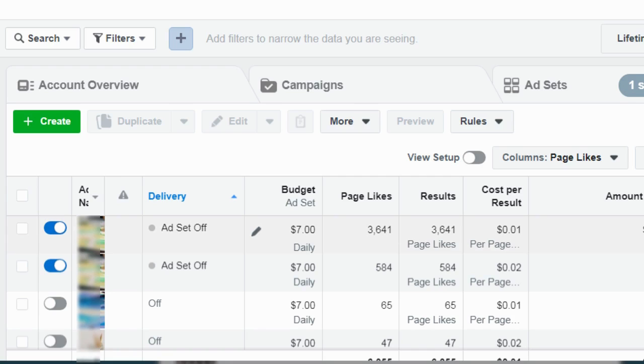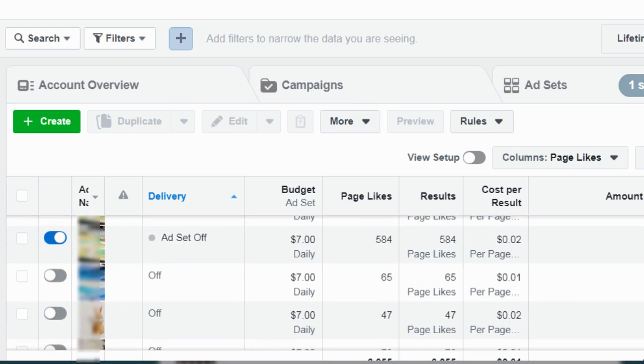A lot of times people will get relevance scores of 1, 2, or 3, and that's not a good thing, because if it's low like that, you'll actually end up spending more money. The higher the relevance score, 6, 7, 8, 9, up to 10, the lower you will actually pay, because Facebook wants to reward people who have ads that create a good experience, right? So if we scroll down further,